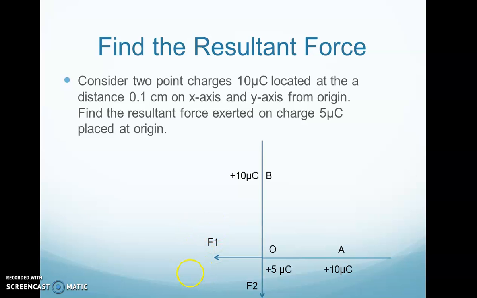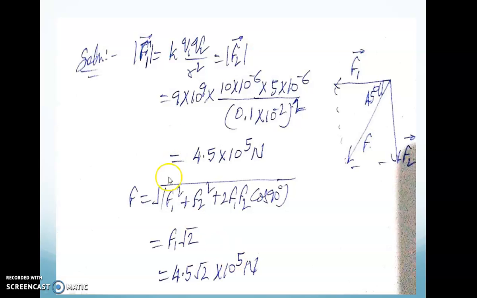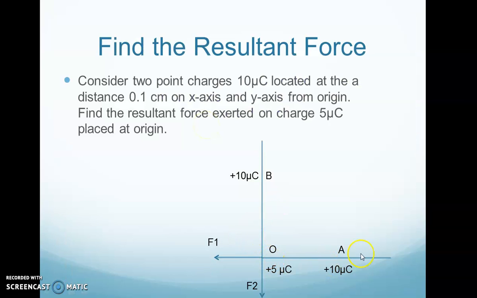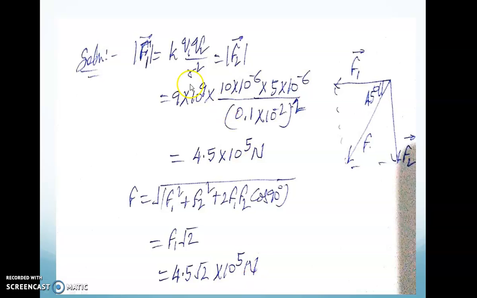Our observation point is O, right? So for the direction of the vector, we should put the tip of the pen at the observation point, and then the tip of the pen will experience the repulsive force. Now we have to take the vector sum of F1 and F2 and find the resultant force. Now F1 and F2 are equal to each other. The reason is that the pair of charges are equal and the distances are also equal. So the magnitude of F1 and F2 will be equal, and that will be K Q1 Q2 by R square.